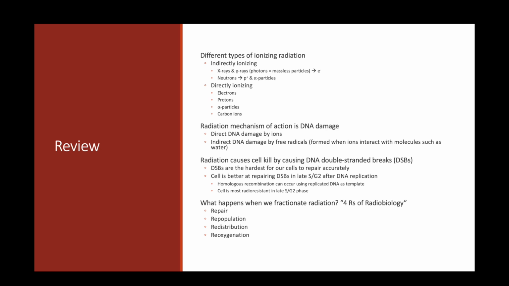Now, the next thing that's important to understand is how the radiation causes DNA damage. Radiation can cause all kinds of DNA damage. It can cause base damage, it can cause single-stranded DNA breaks, it can cause double-stranded DNA breaks. When we think about how DNA damage results in cell kill, it's really those double-stranded DNA breaks that ultimately lead to cell kill. The reason for this is that double-stranded DNA breaks are the hardest for our cells to repair accurately,